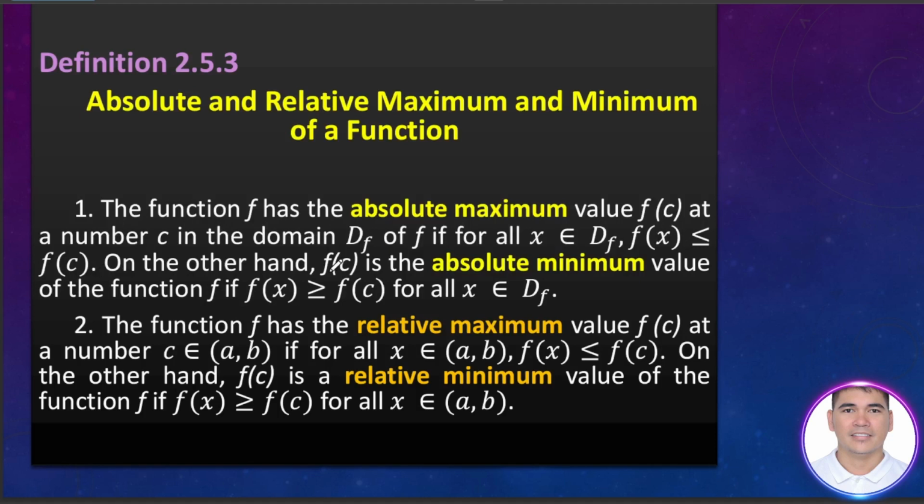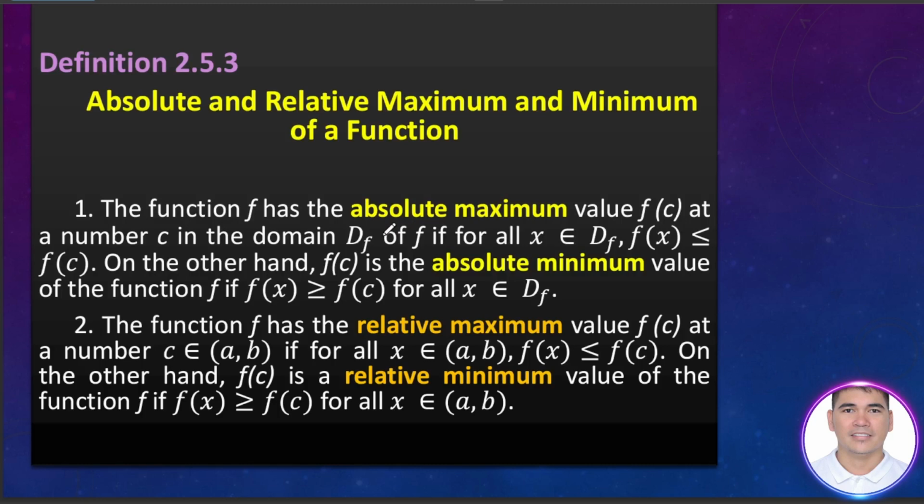On the other hand, f of c is the absolute minimum value of the function f if f of x is greater than or equal to f of c for all x an element of the domain D_f. So in short, absolute maximum